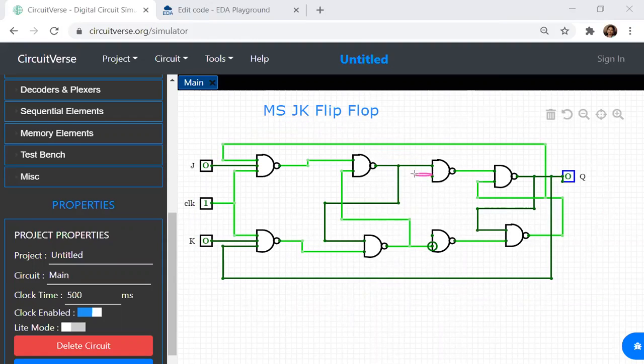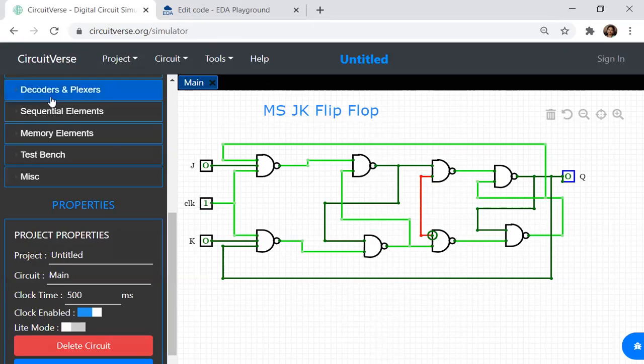Now, when I'm giving a clock over here, what happens? This clock input is nothing but the NOT of the clock you have given. Whatever clock pulse you have given, the complement of the clock pulse will be given over here. So I have a clock over here.